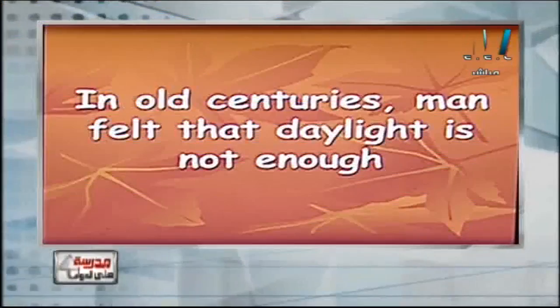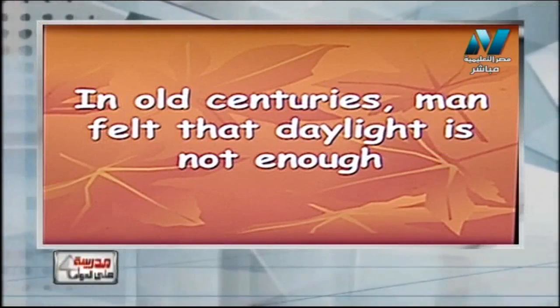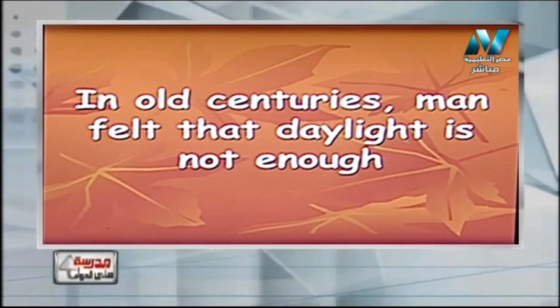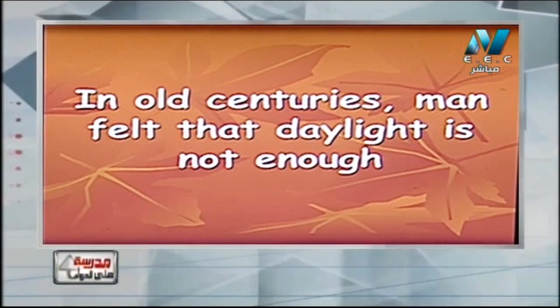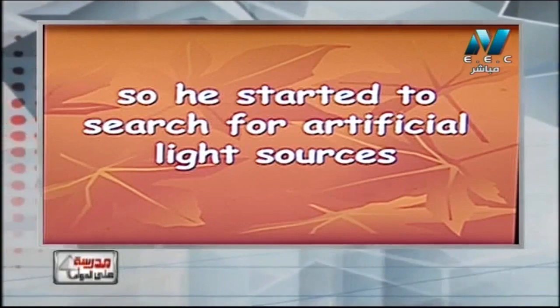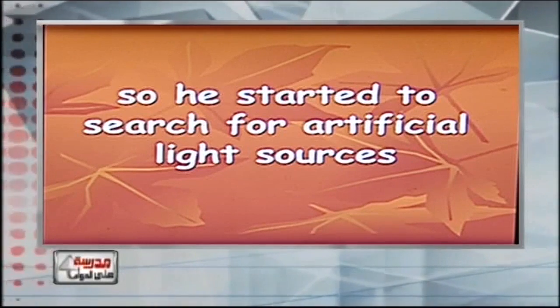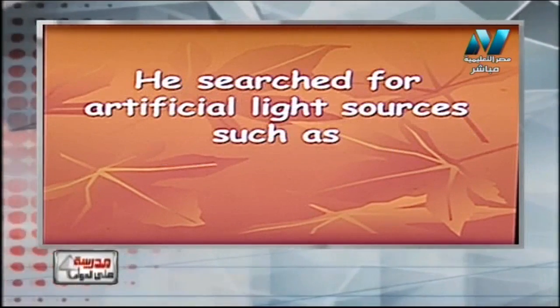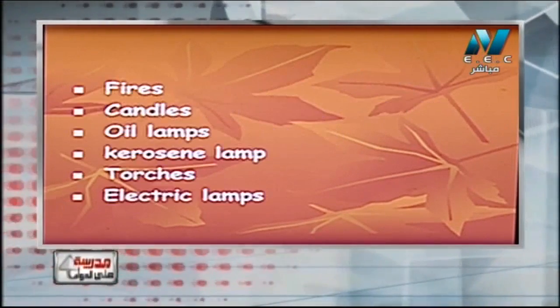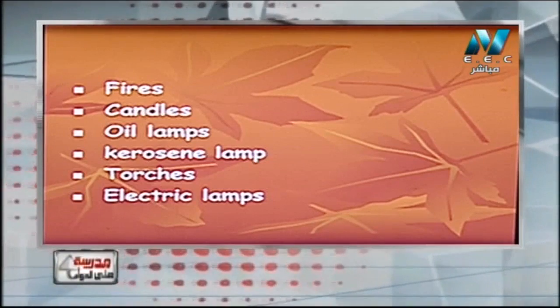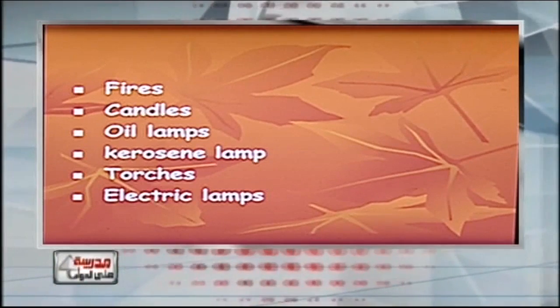Also, in all centuries, man searched for an artificial source of light because daylight is not enough. In ancient times, man felt that daylight is not enough, so he started to search for an artificial light source, such as fires, candles, oil lamps, kerosene lamps, torches,